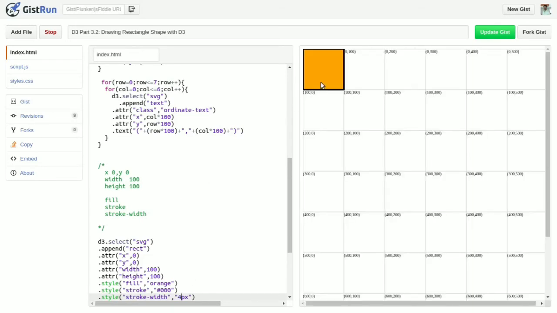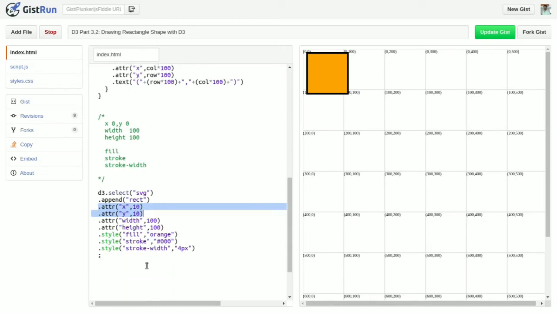Now you cannot see the full border of the square over here, so you just need to increase the x and y start point of your coordinates. Now you can easily see the proper border of this rectangle. Now our square starts from 10 and 10 coordinates of xy. Now you can see that we have drawn the square.